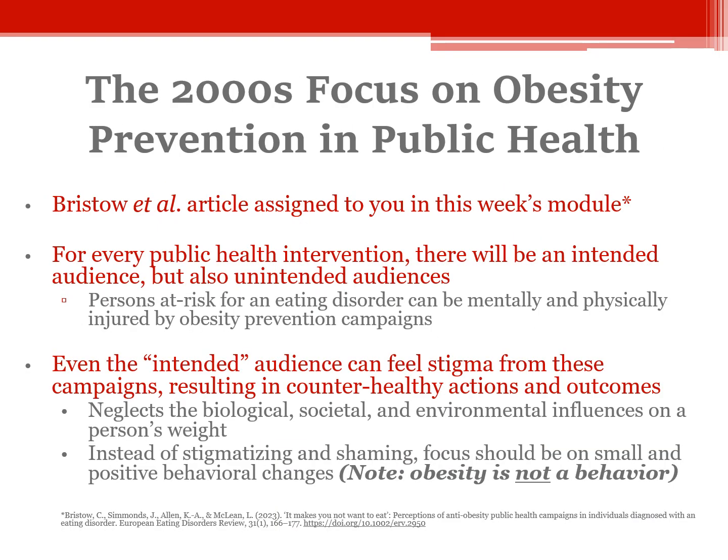We will now talk about another area where public health might have done some unintentional iatrogenic effects. In the early 2000s, there was a big focus across many areas of public health on obesity prevention. It was seen as the major public health and health crisis in the United States for several years.